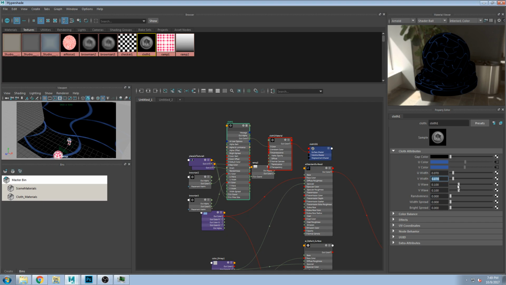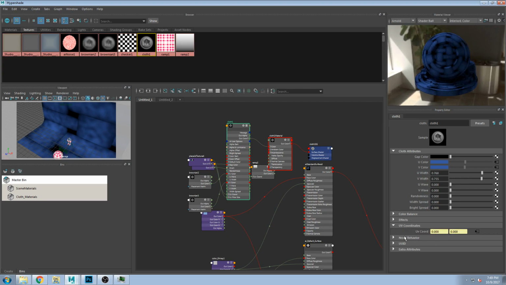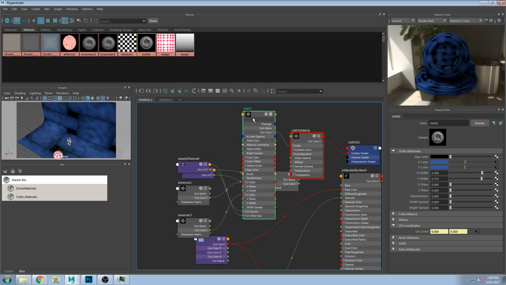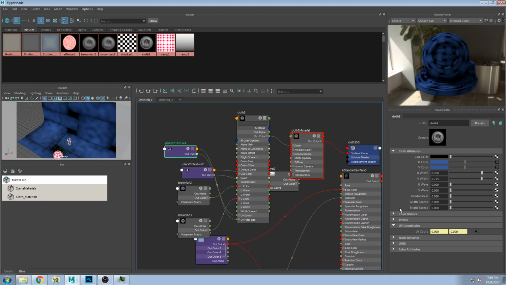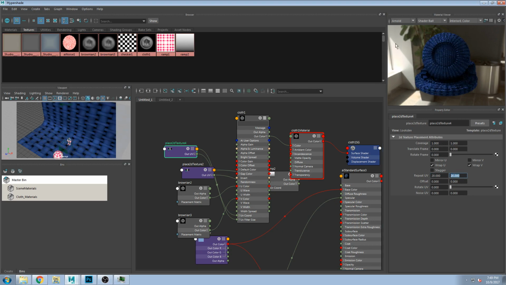Well, that's mapping on there better, but it's still too big. Let's see. Coverage, repeat, there we go. 20 by 20, there we go. So that's a lot closer to,